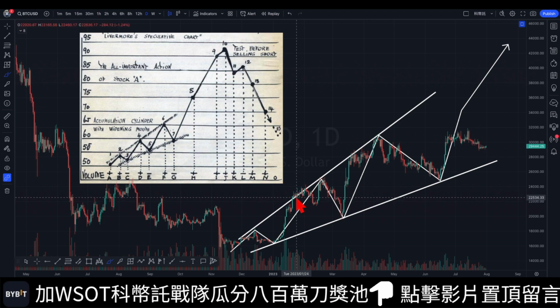You can observe the pattern during each upward movement, such as at points 2, 4, and 6. The volume tends to increase. On the other hand, during pullbacks and corrections, like at points 3, 5, and 7, the volume decreases. This pattern indicates that during uptrends, there are significant volume spikes, while during downtrends, the volume contracts. Based on the current situation, it does seem to fit this pattern quite well. You can observe that during both the uptrend and the downtrend, we exhibit a pattern where when the price is falling, it's merely a correction, and the volume tends to decrease.